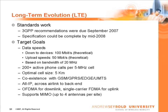200 plus active phone calls per 5 megahertz cell. Optimum cell size 5 kilometers. Coexistence with GSM, GPRS, EDGE, and UMTS, so it's all backward compatible. All IP across the air link to the back end. It's all based on OFDM for the downlink and single carrier FDMA for the uplink. Supports MIMO. Now what MIMO